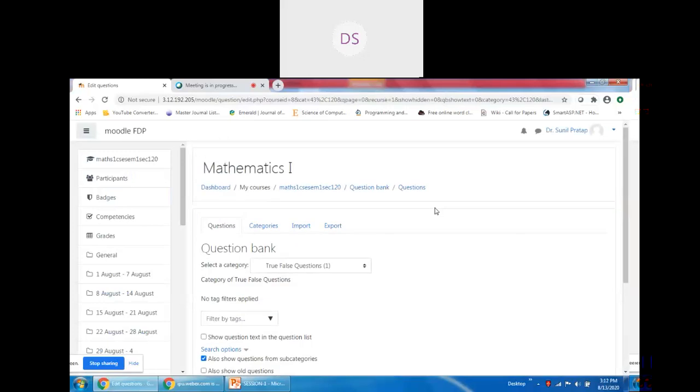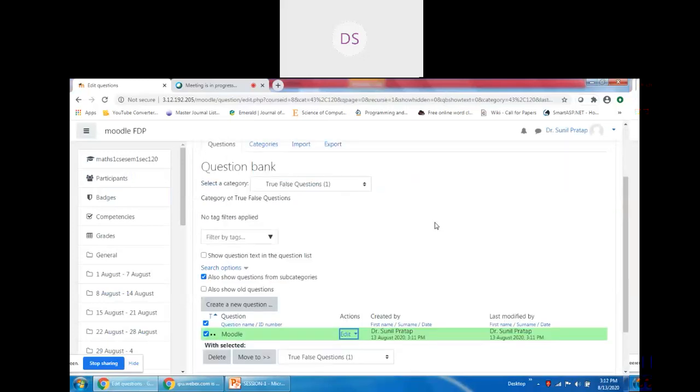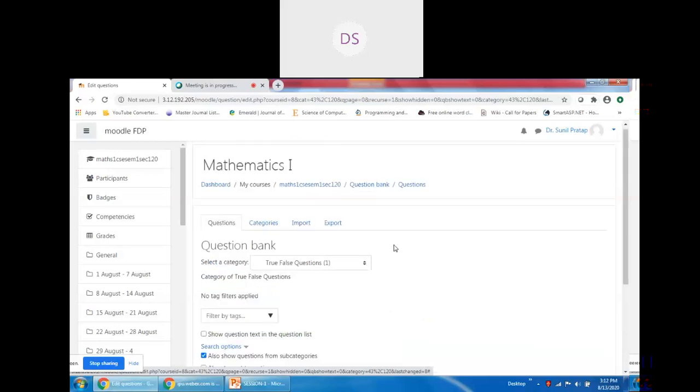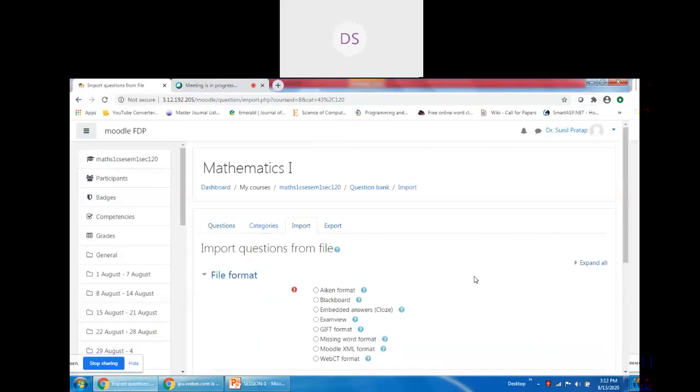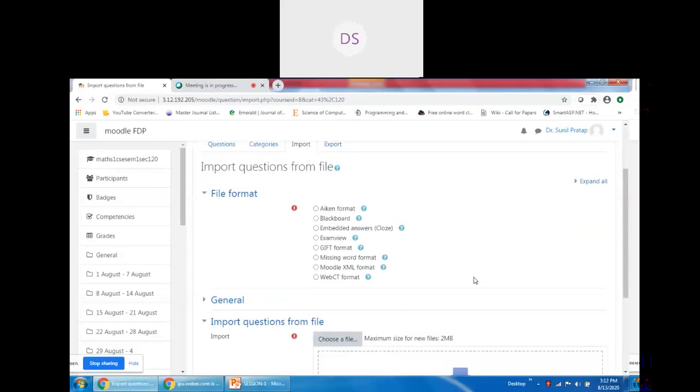Now, let me quickly upload some questions. Actually, you will observe that creating questions in multiple choice type or true false type in this Moodle environment is a little lengthy process. What I can do is, the question bank feature of Moodle supports importing questions from different formats: Aiken format, Blackboard format, other Moodles.